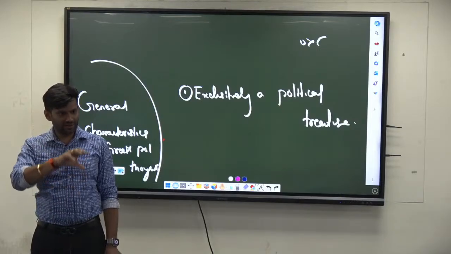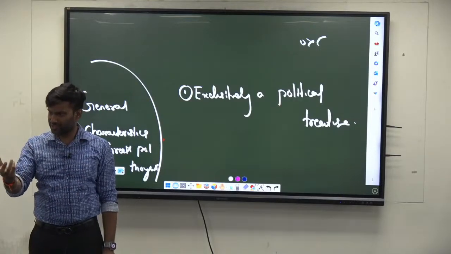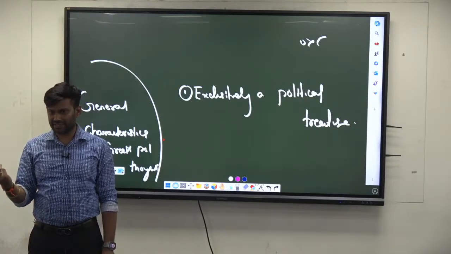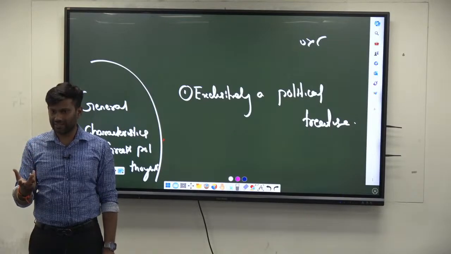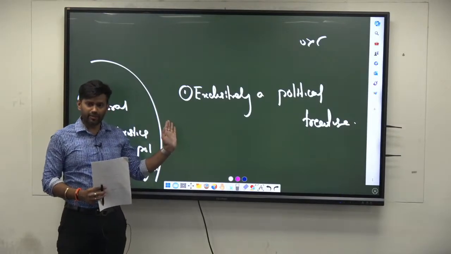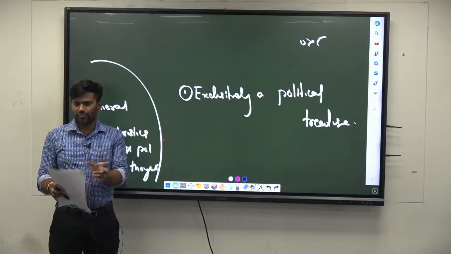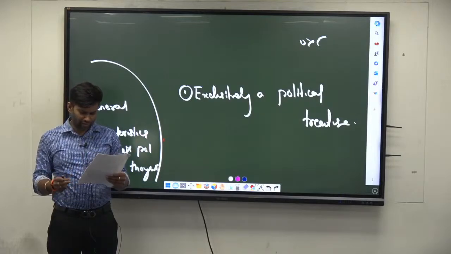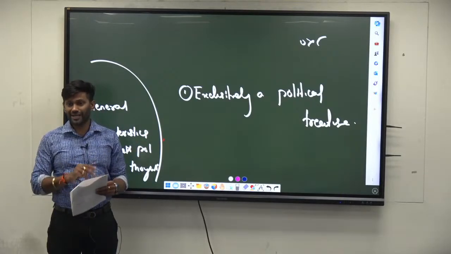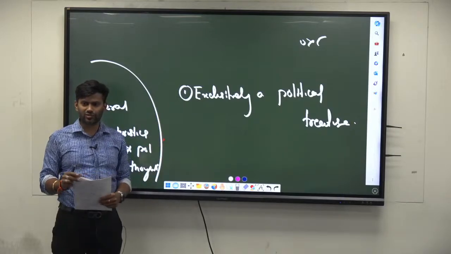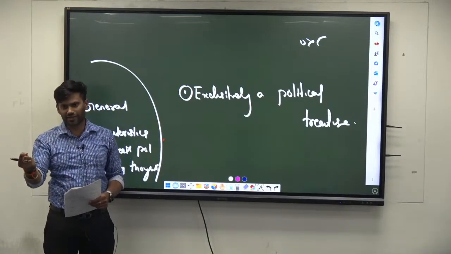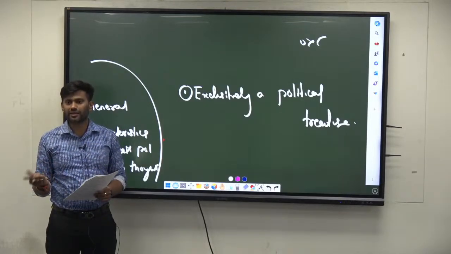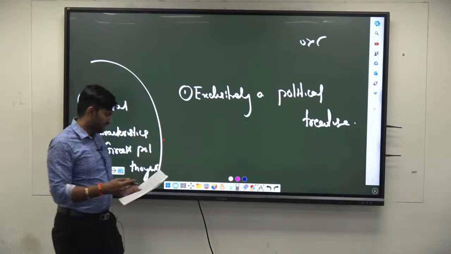So even in Hindu political thought, there are ideas about justice, the role of the king, and so on, but they are all in the form of religious messaging. It is not exclusively a political treatise. But in Greek political thought, there is very little mixing of religion and politics. Largely it is an exclusively political treatise, where important political ideas and problems have been dealt with. That is why we call it an exclusively political treatise. When you compare Hindu or Indian political thought, you can't separate politics and religion. They are tightly intermixed and can't be compartmentalized. Second thing,